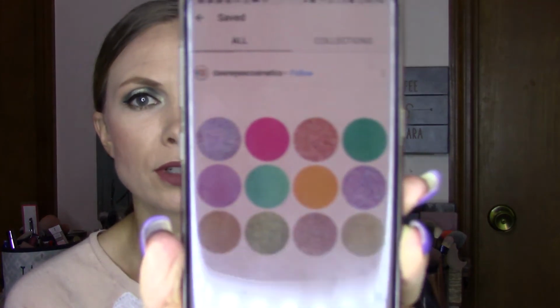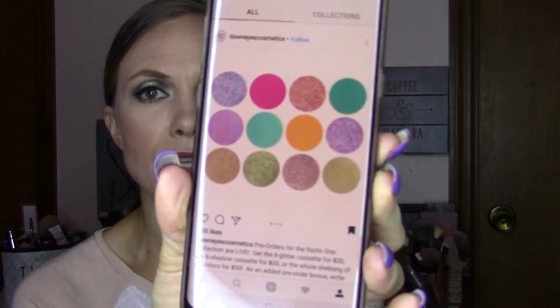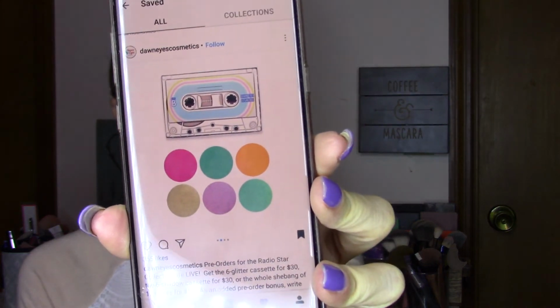So then we've got Dawn Eyes Cosmetics, Radio Star Collection, a 6 shadow cassette for $30. Let me go ahead and show them to you. Dawn Eyes creates those chrome pigments that are beautiful. So here's the really cute packaging. There's the shadows